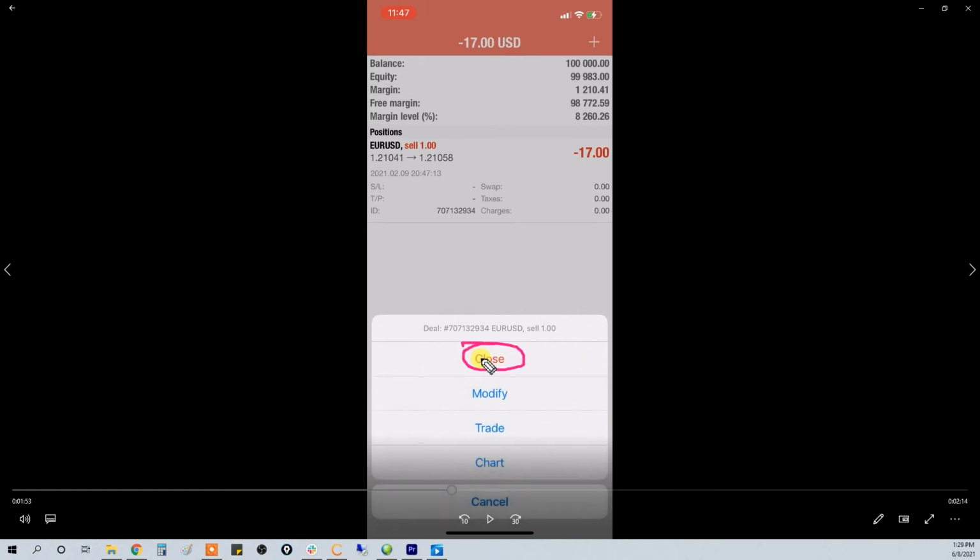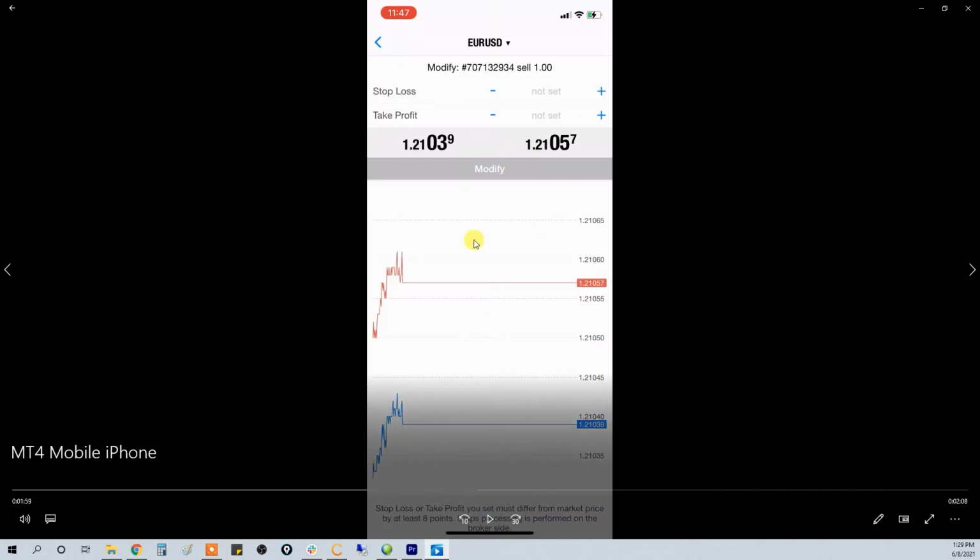So I can manually just close it, and at this juncture I would lose $17, or I can modify it so I can add my stop loss and take profit, or I can place another trade on that currency pair if I wanted to, or I can go back to the chart, which has the candlesticks and the current market prices. So let's go ahead and press modify, and that'll take us to this screen where we can see that